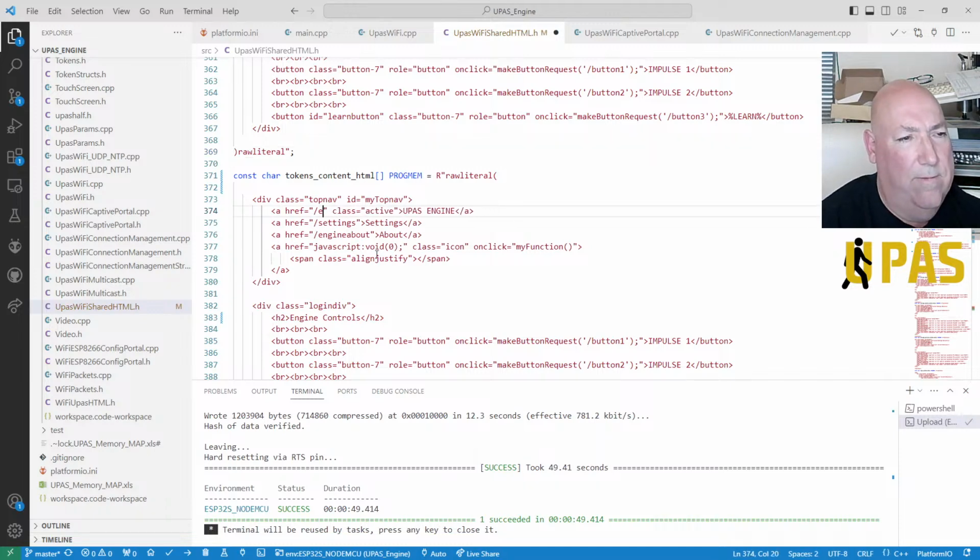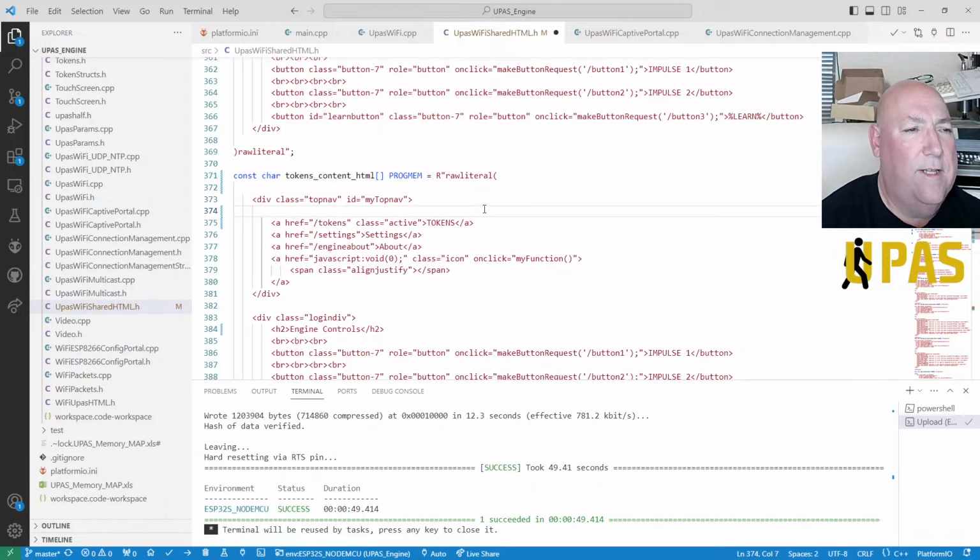So we want another one called tokens. Okay, and we're just going to call this tokens. And we need to add. We should have kept the engine though, shouldn't we? So we're going to start off with engine. This got to be back to engine. I should have left that as it was. Copied it. Engine, right? So we want engine. Now we're going to call this buttons, aren't we? Buttons, controls. That was it.